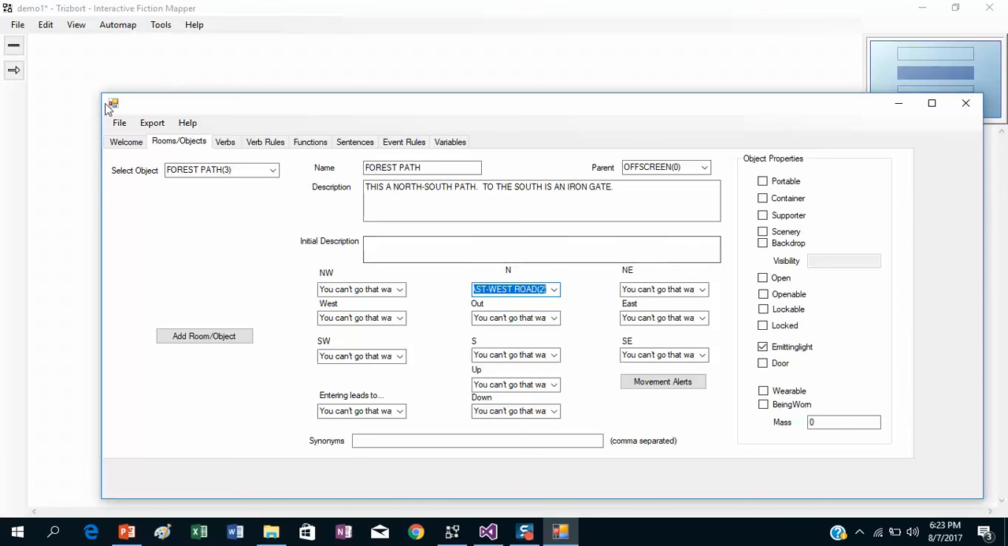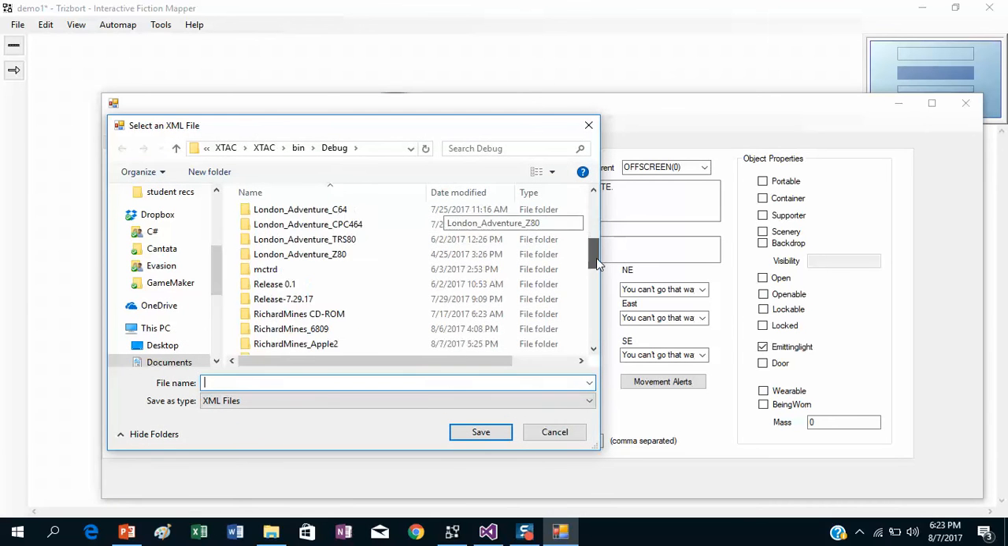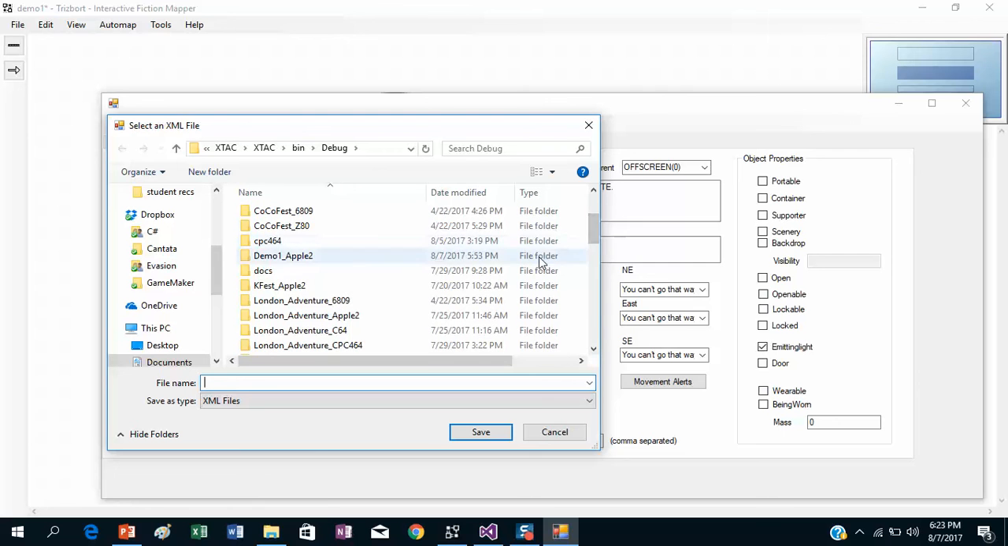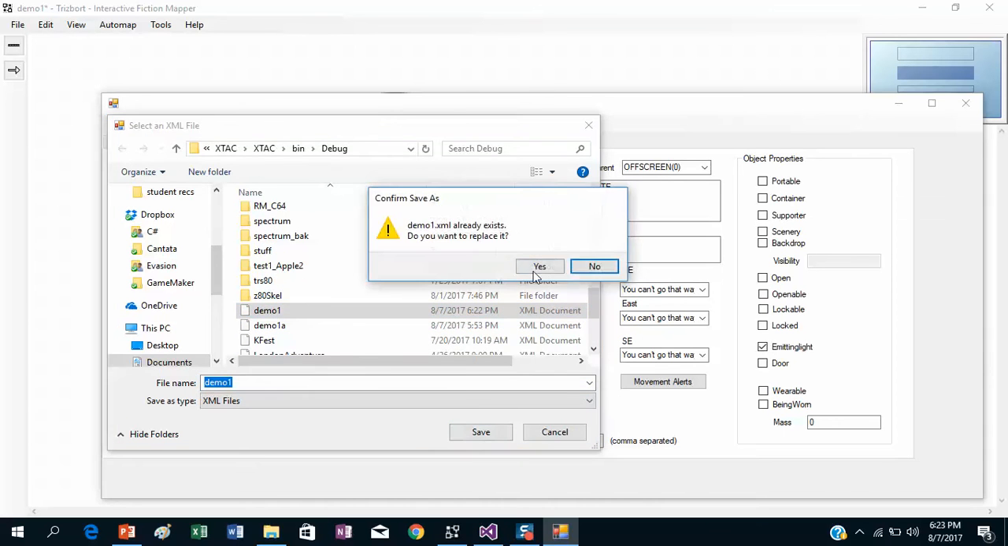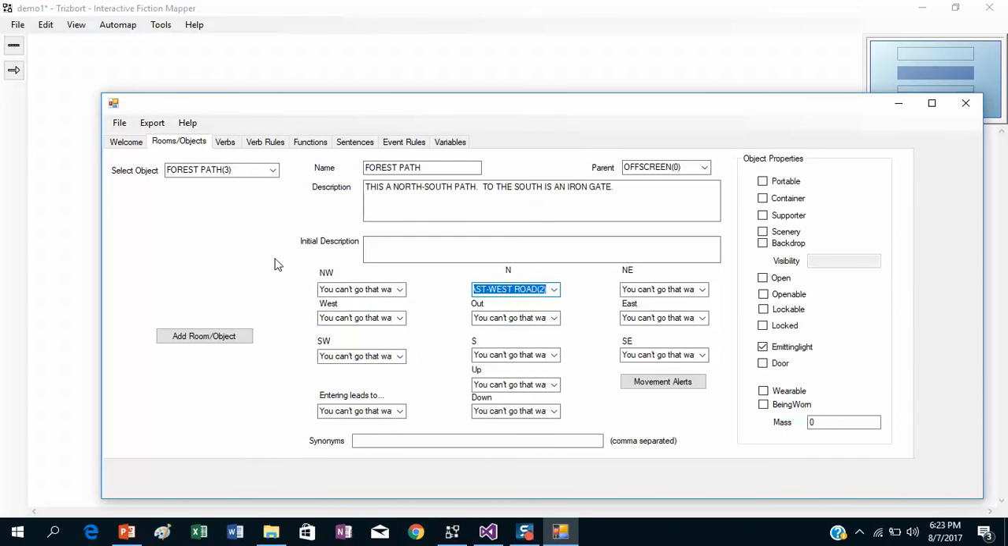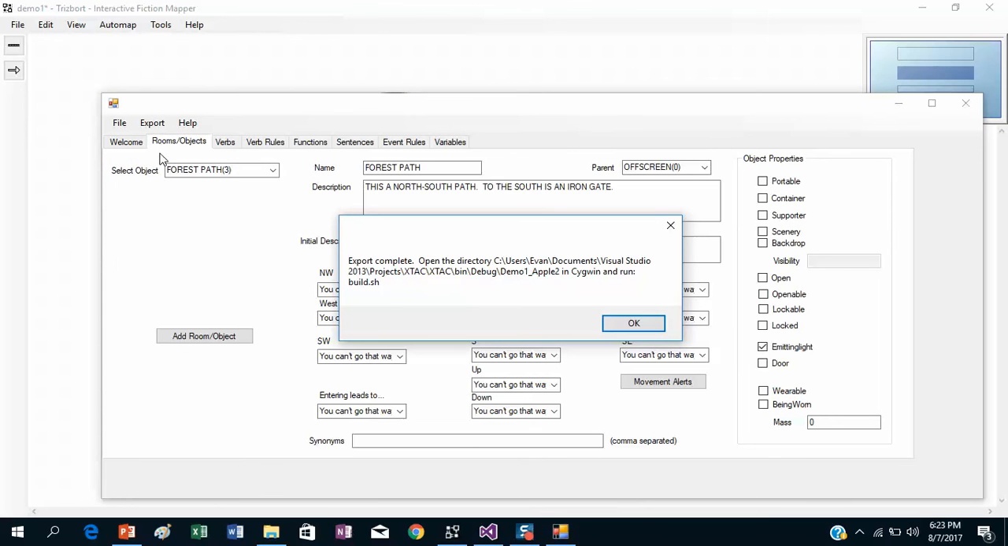All right, so let's save it again, and then we'll build it and just test out that one little bit right there. So there's demo one. Save it. Overwrite. Okay, so now test it out. What I'm going to do is go up to the export menu and select Apple II. Apple II is just one of several computer platforms that this thing supports. And so what it did was it now